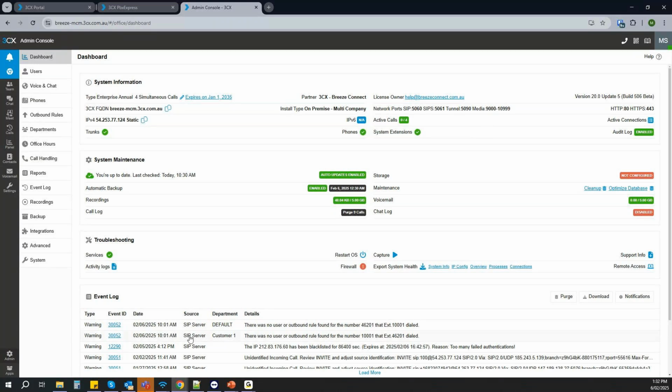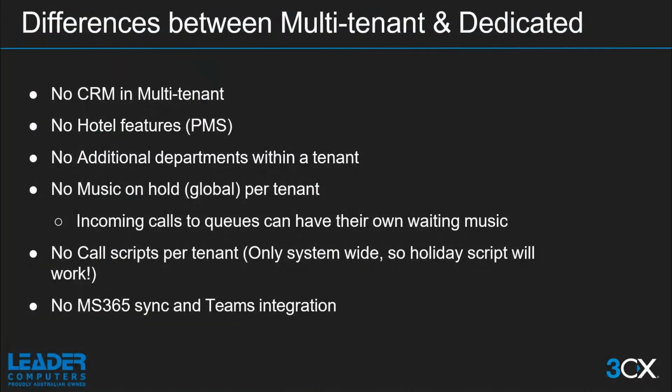Cool. So that is pretty much everything on the 3.6 multi-tenancy. And before jumping into the Q&A sessions,